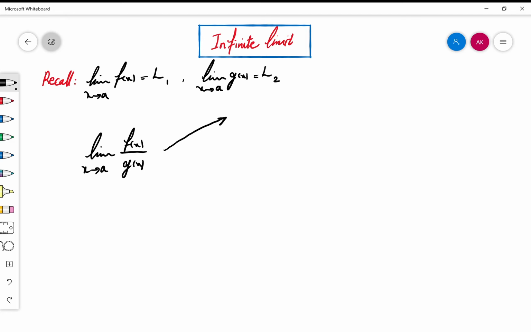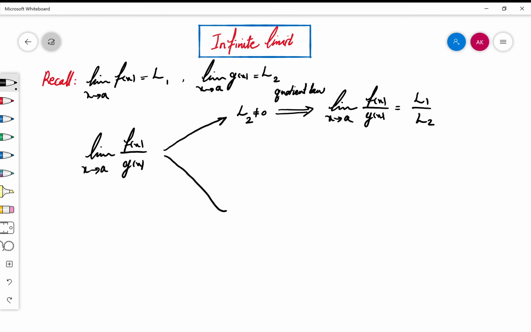When the limit of the numerator L2 is non-zero. If the limit of the denominator is non-zero, we had what we called quotient law. And